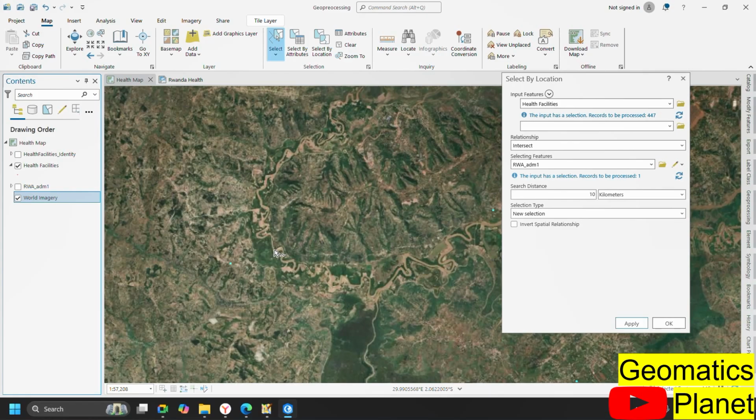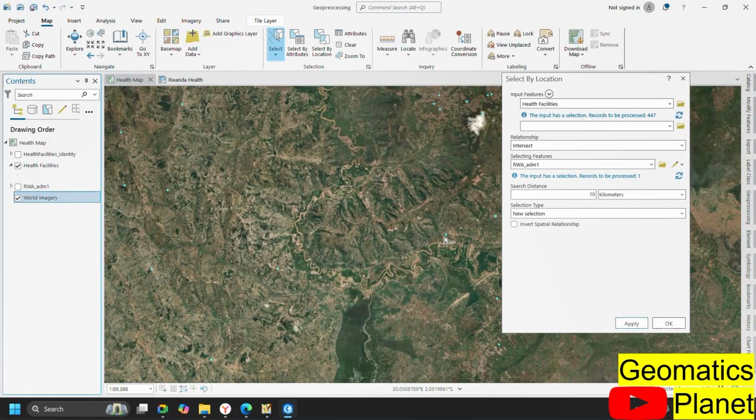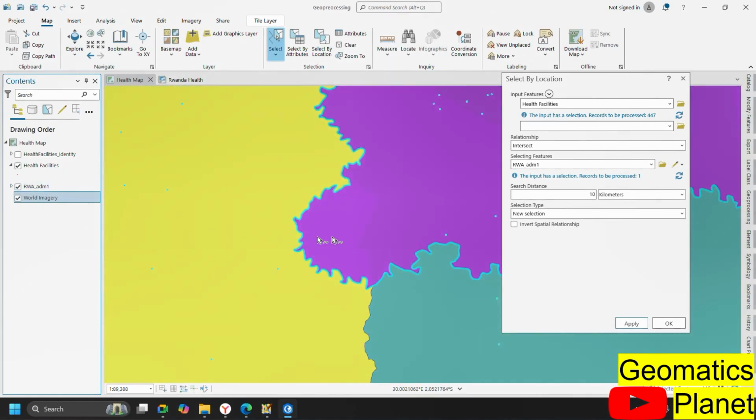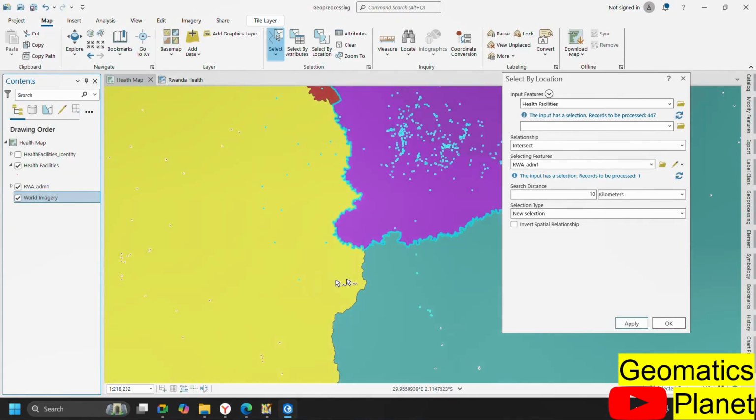So because of that, you can make a kind of analysis that you check within this particular parameter. So if somebody is supposed to go to hospital, we now say I need to go here because it is closer to this particular hospital. So if you look at the Rwanda administration, you see that even though this is not in Kigali, the people here have easy, quick access to hospital than going towards Kigali. So they will decide to go to, I think this is the southern province, because it is closer than what is here. So what I'm saying is,